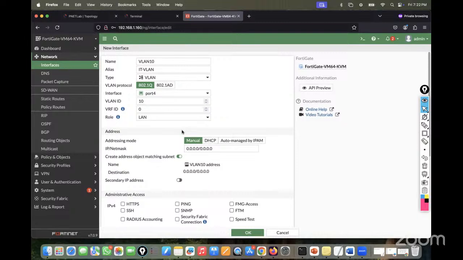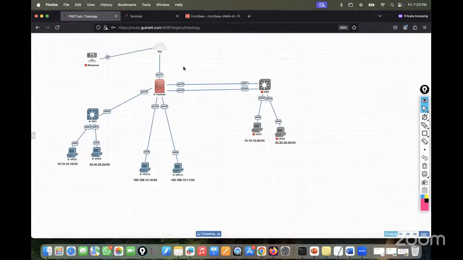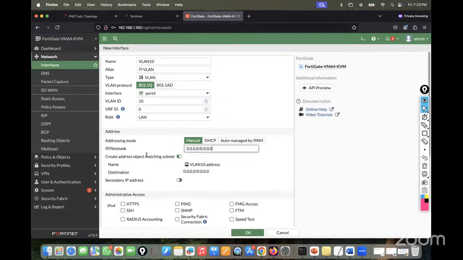I don't have to give any IP address because I want normal connectivity. Sorry, the IP is required because I have to give the gateway. I was thinking of layer 2. The IP is required because they need to communicate with each other. We have another scenario, where I want to make the FortiGate a switch, then the IP is not required. So this is another scenario. Here I'll give the gateway IP address